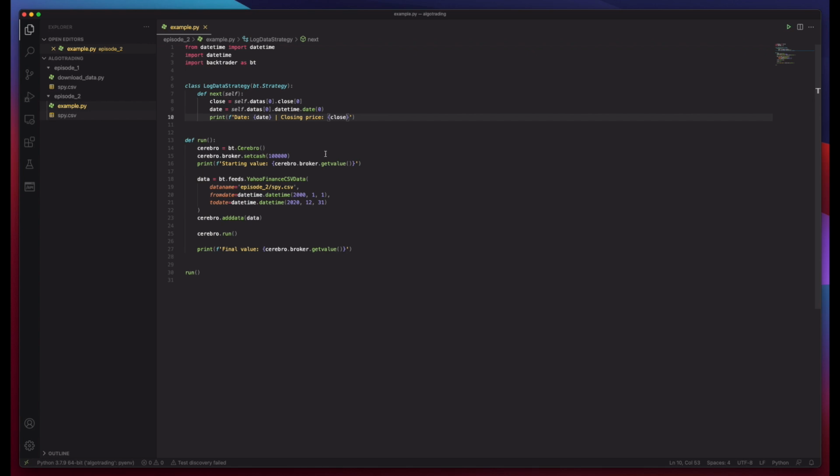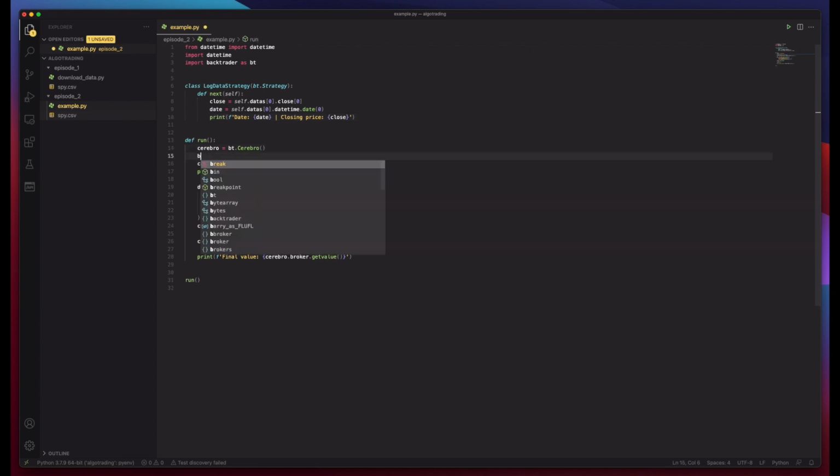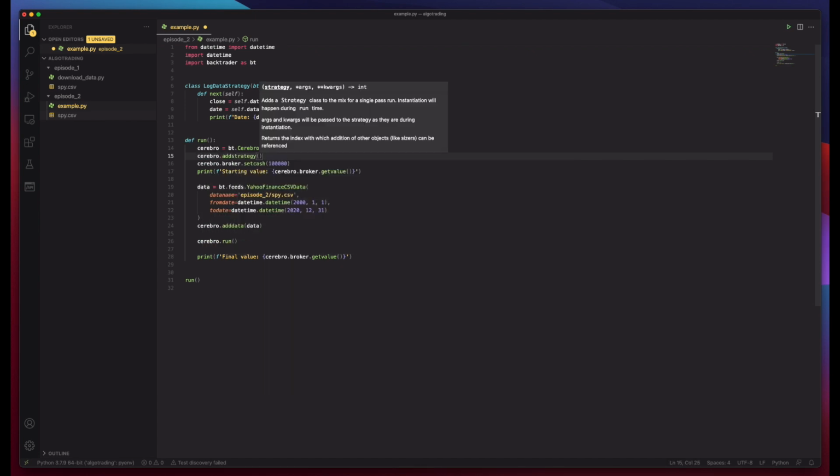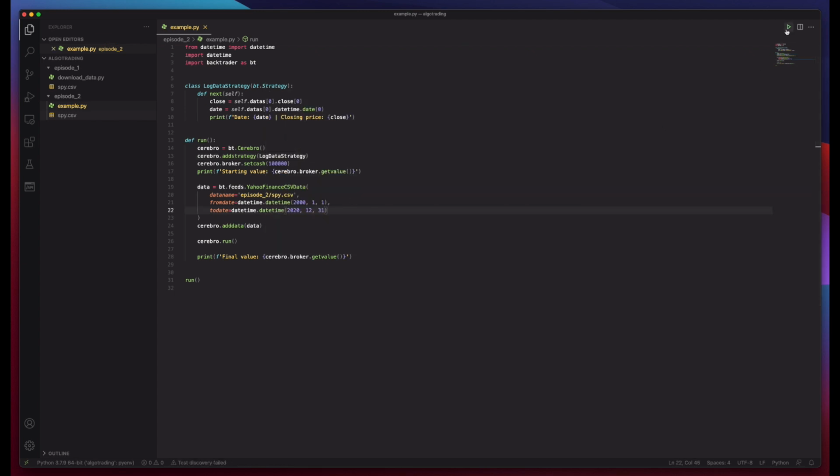And the final step for this will be to add our strategy to Backtrader, so it knows which strategy to use. So for that we can do cerebro.addstrategy, and then give the class name of our strategy. And if we run this,